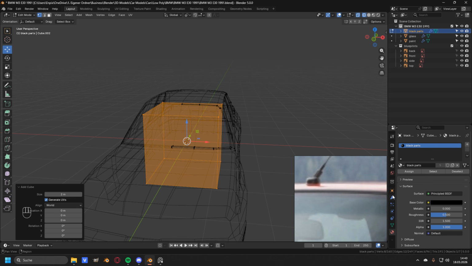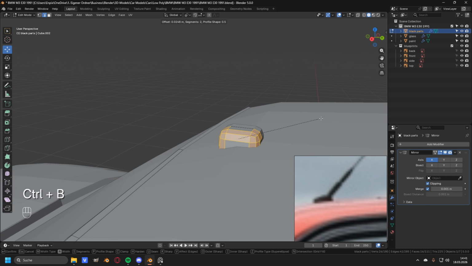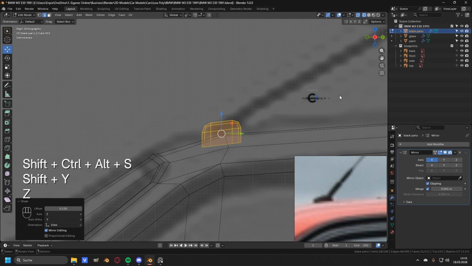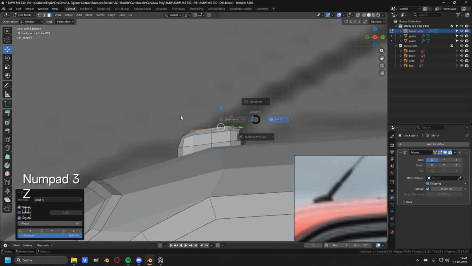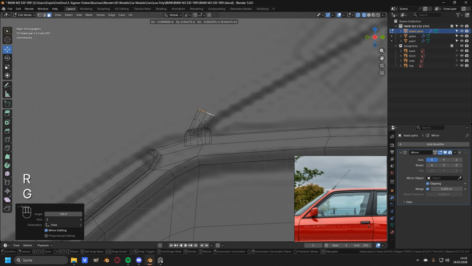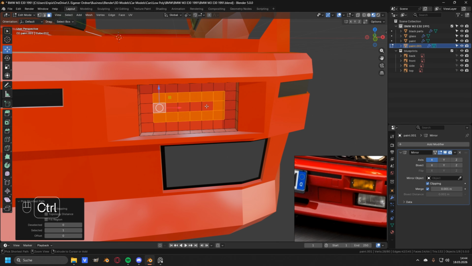Then I added in a new cube to the scene so I could go ahead and model the antenna out of it. And it's crazy to think about it that not that long ago every single car had one of these things at the top of the car, and now the antennas got replaced by a way smaller shark tail looking thing. Then I went back to the front of the car and first created the front indicator, and